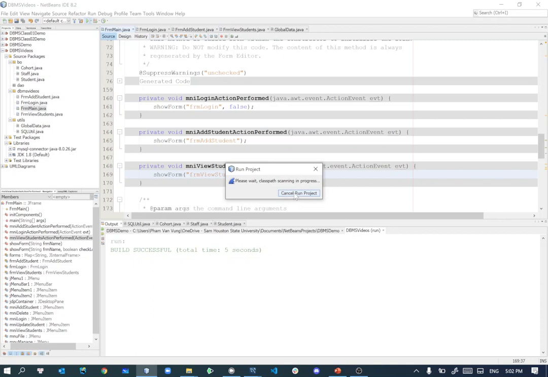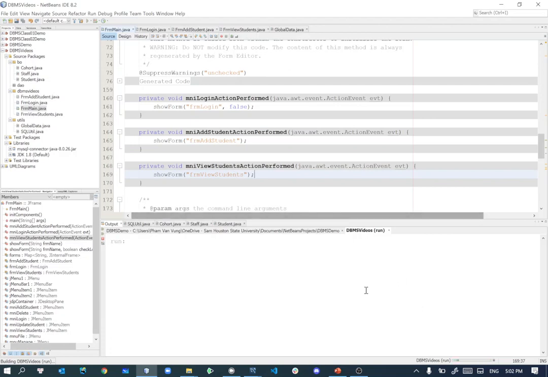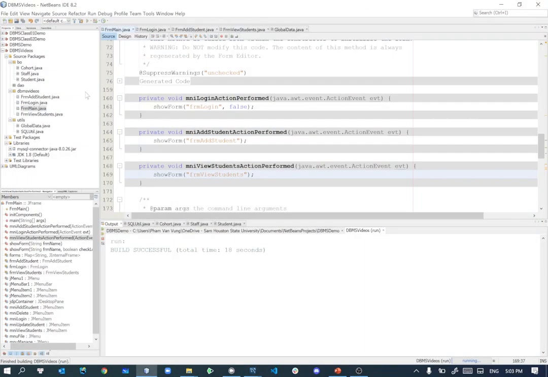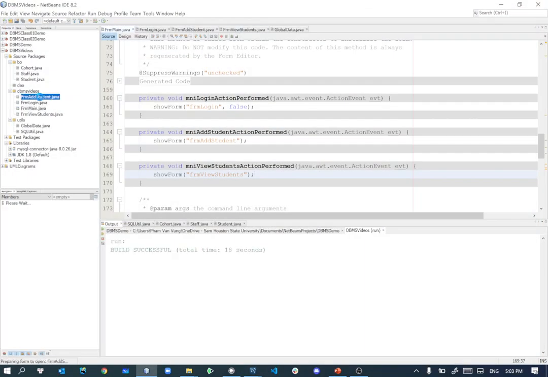Try and see if it works, or otherwise we need to fix any issues with it. Okay, so if we do manage students, we click on add. This will show the add form here. We're not going to be able to close that,